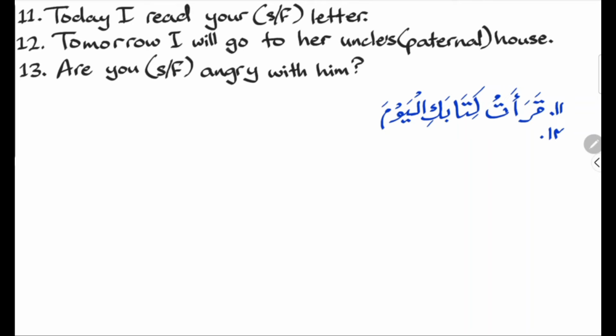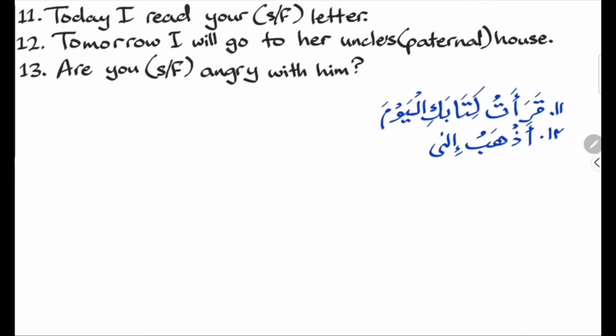Now let's jump on to the 12th sentence. Tomorrow I will go to her paternal uncle's house. In this sentence, the first thing you have to focus on is the fa'il, which is go. I will go is أذهب, on the wazn of أفعل, which is واحد متكلم. أذهب to is إلى